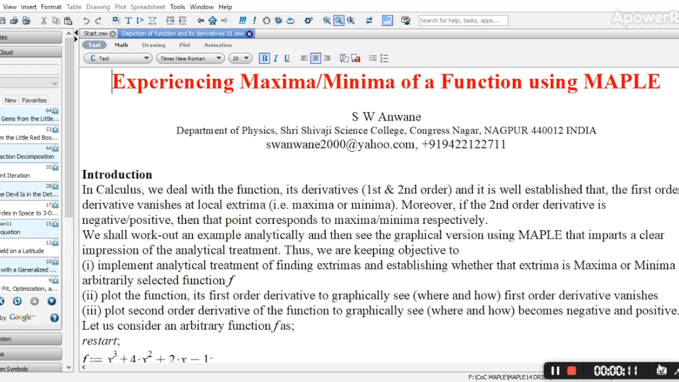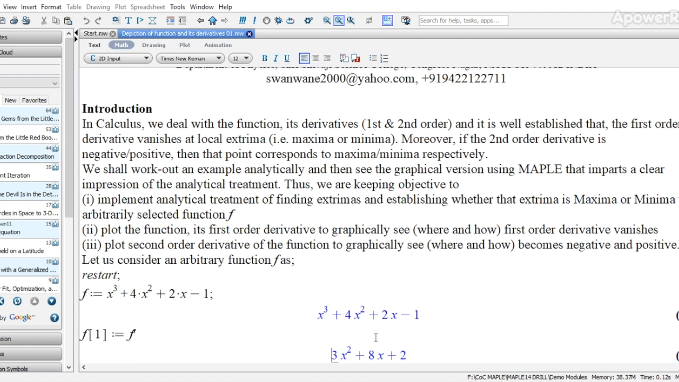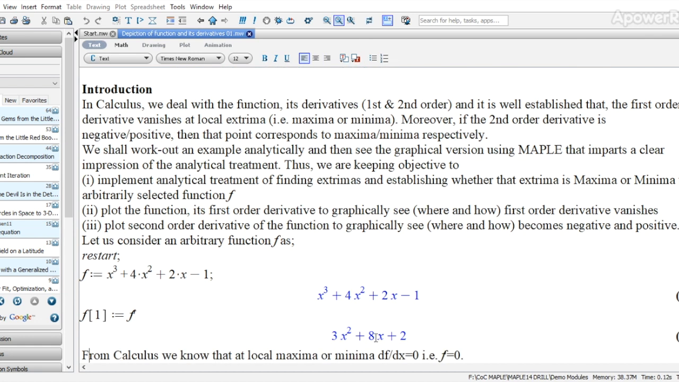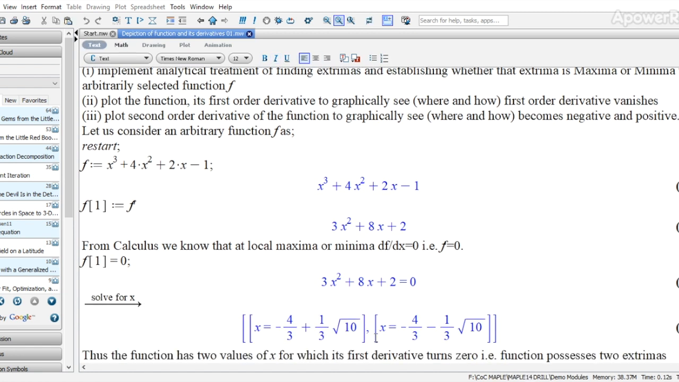Now we shall consider a function for a plot, and we shall find the derivative of the function. We shall find the second order derivative of the function, and this is a very precisely selected function. The function goes as f, we assign x cube plus 4x square plus 2x minus 1. Now, we shall try to plot the function, its first order derivative, its second order derivative, and we shall understand the way we learn in